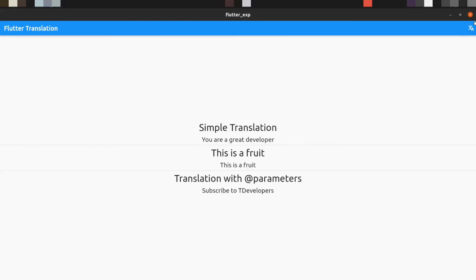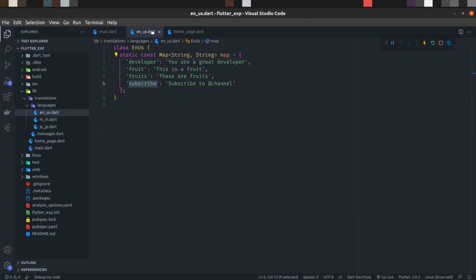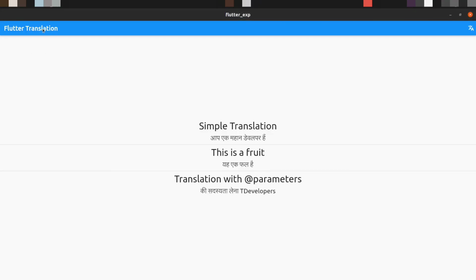Here I have only translated these few things. You can translate everything, like you can create a key for this Flutter translation and add it in each language, like here the app name, and you can add this in each language. So not only these, everything in your application can be translated based on the selected language.